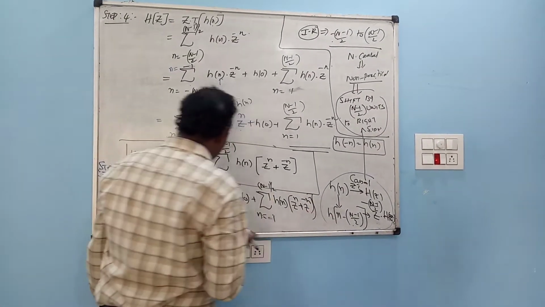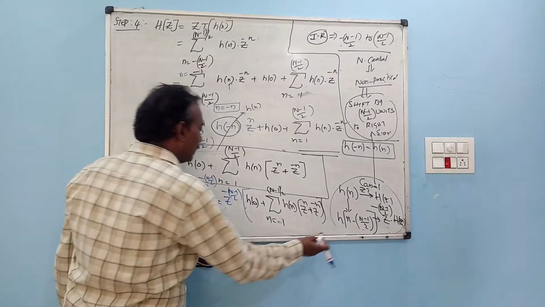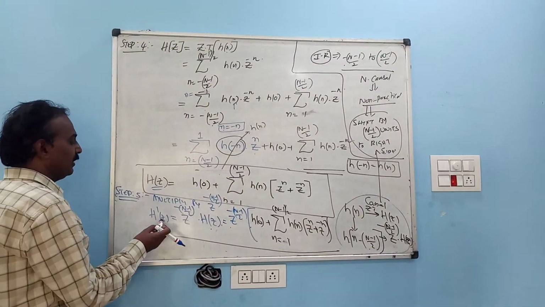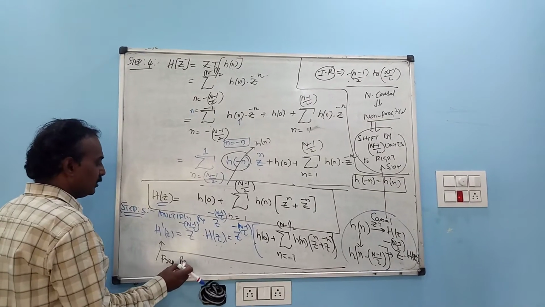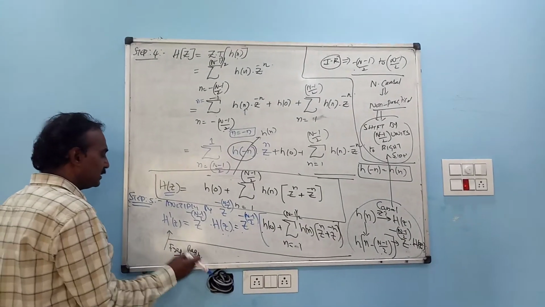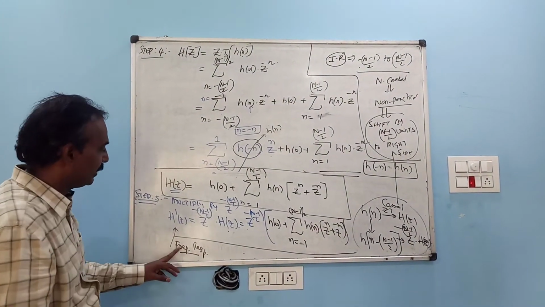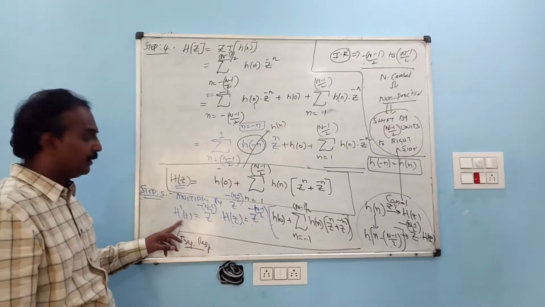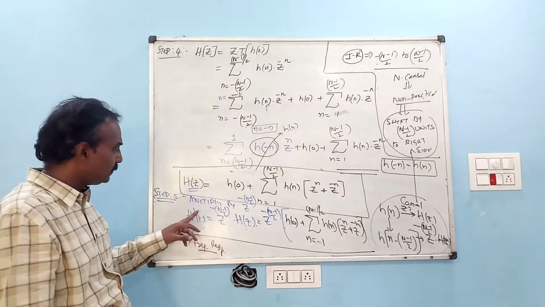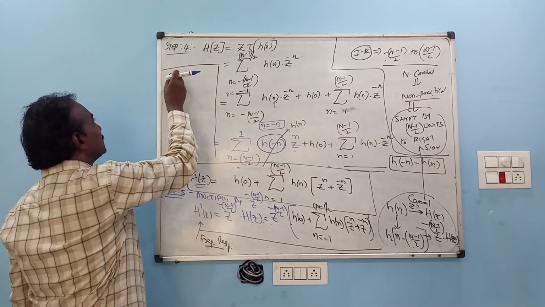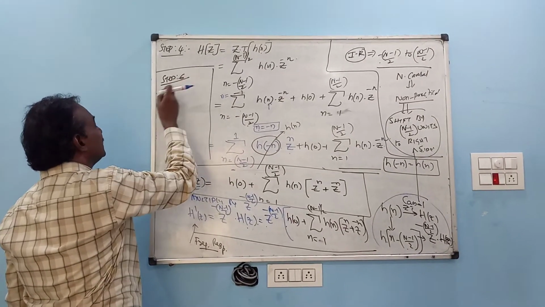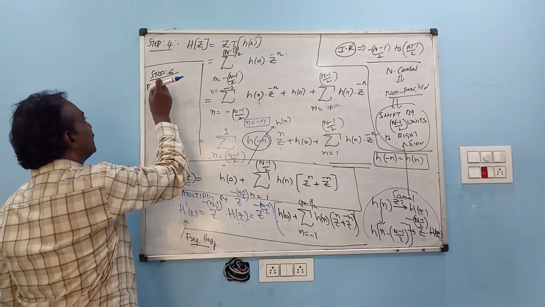So now we will multiply this to each term, and we get this frequency response. Once we get the frequency response, the last step is to find the magnitude of this, so we'll try to plot. Let me write a simple step here. Step 6 is plot